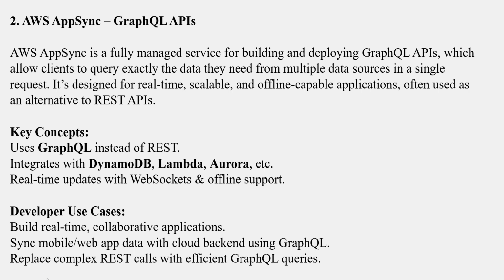AWS AppSync, GraphQL APIs. AWS AppSync is a fully managed service for building and deploying GraphQL APIs, which allows clients to query exactly the data they need from multiple data sources in a single request. It's designed for real-time, scalable, and offline applications, often used as an alternative to REST APIs. The key concept is that it uses GraphQL instead of REST. The developer use cases: build real-time collaborative applications, sync mobile